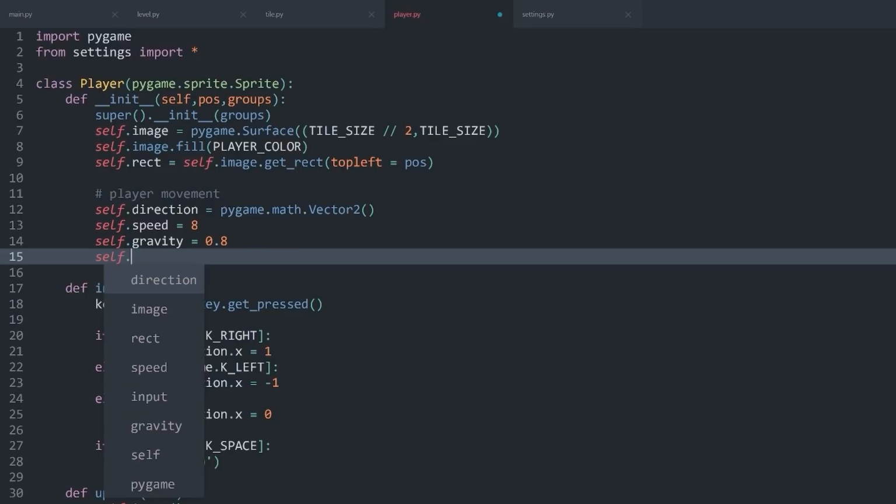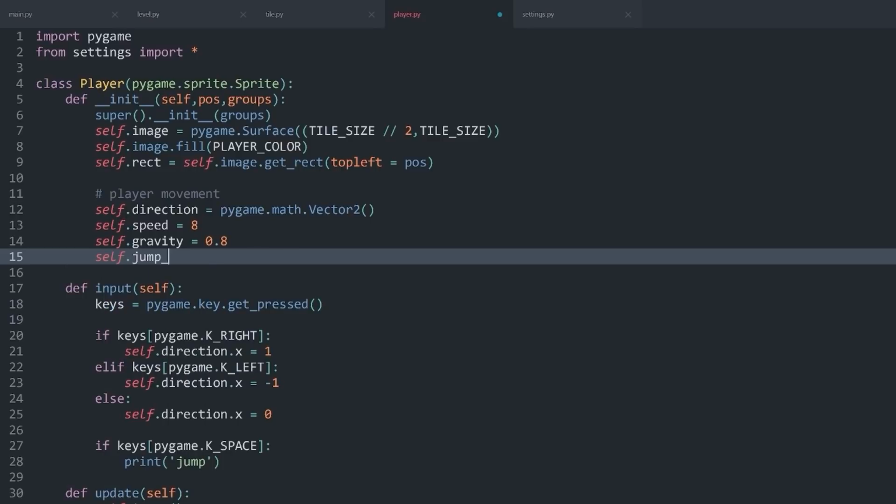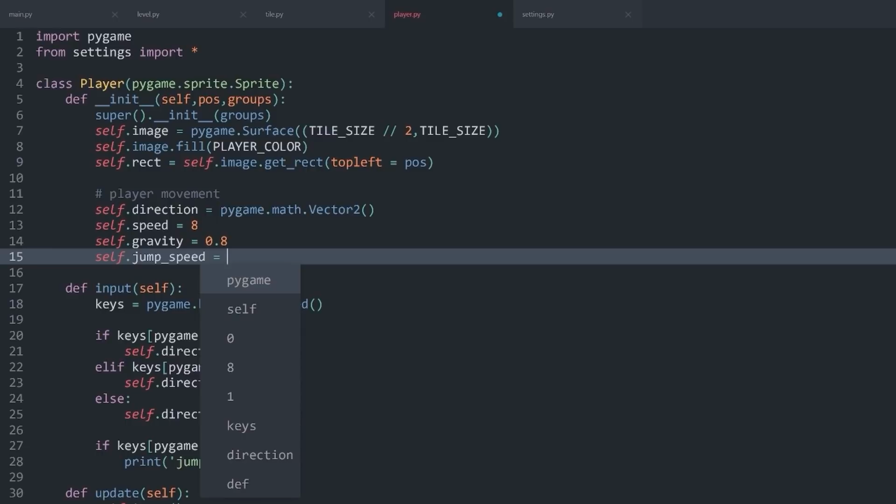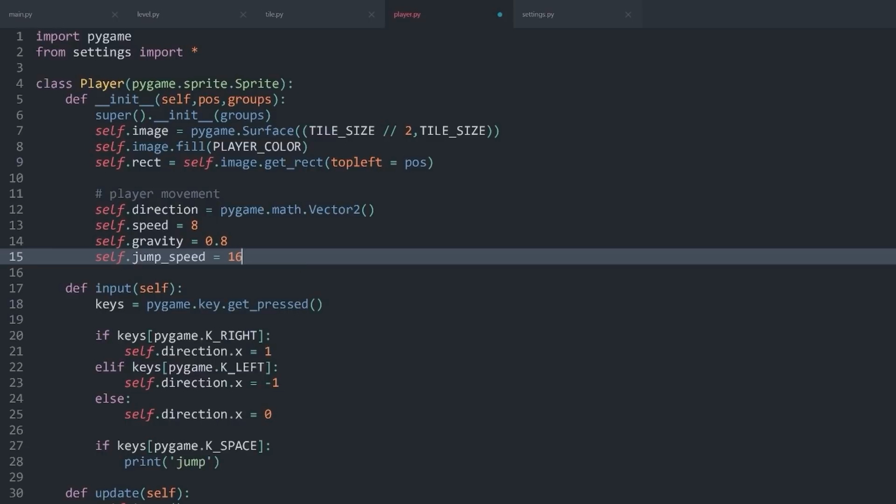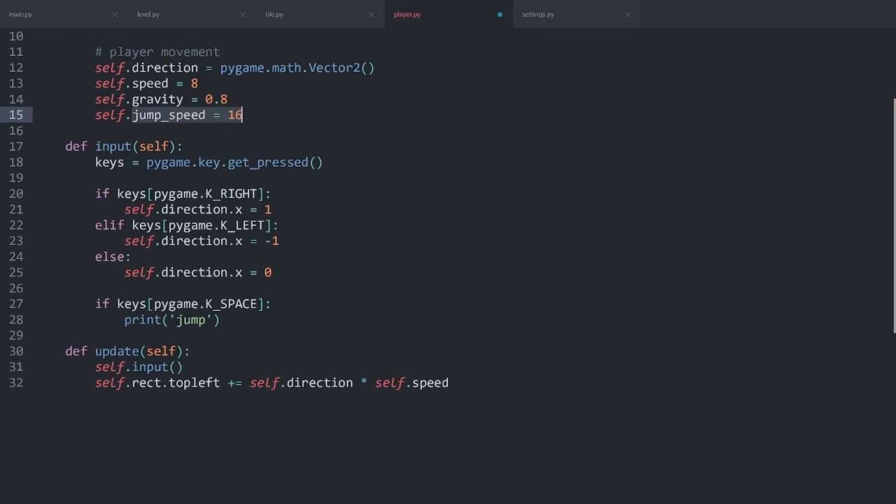And then besides that, I want to have self.jump_speed, which I have set to 16. And this is essentially how high our player can jump. And with those two covered, we just have to figure out how to implement them. And let's start with the jumping by itself. Essentially, when the player presses jump,